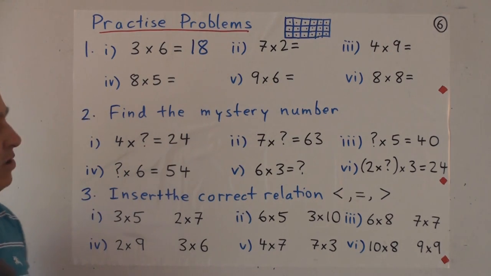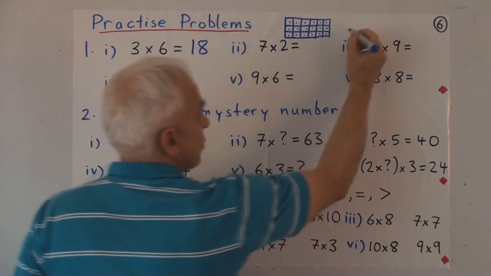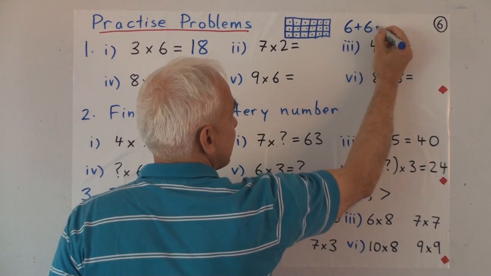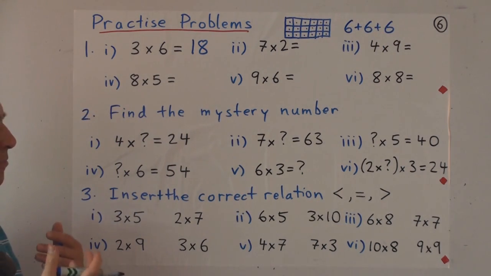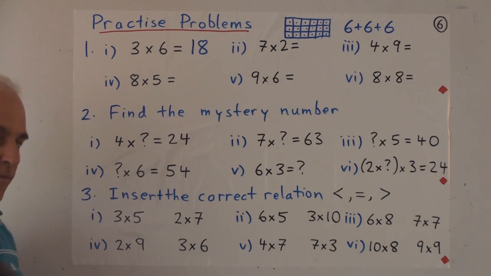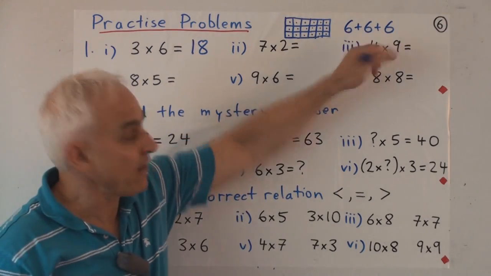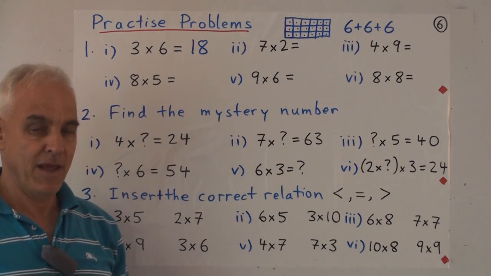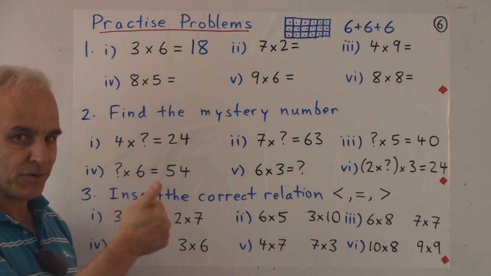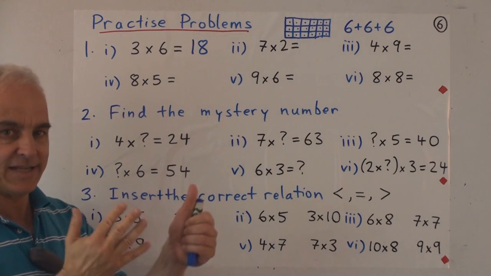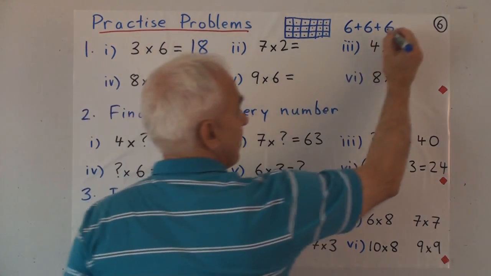Another way would be to say, well, 3 times 6 is 3 groups of 6. We're talking about 6 plus 6 plus 6. So what is 6 plus 6? Well, hopefully the student knows that that's 12. So that's 12, and then we still have to add 6 more. And the student can do that in a number of ways. Maybe they just take 12 and then go 13, 14, 15, 16, 17, 18. We're adding 6 more to 12 to get 18.